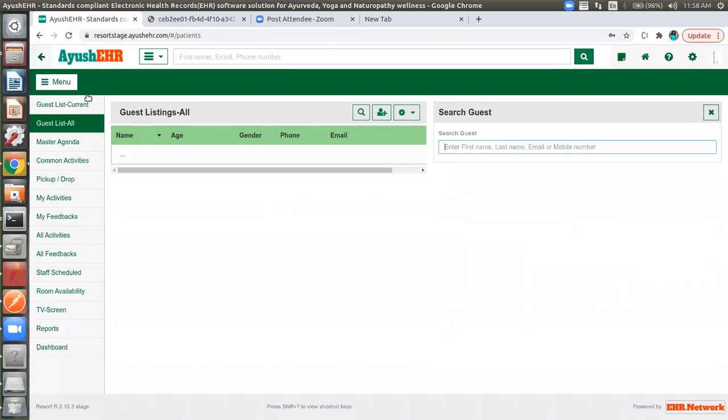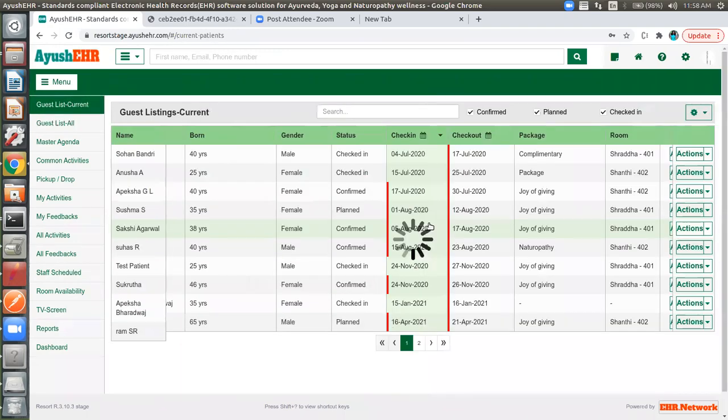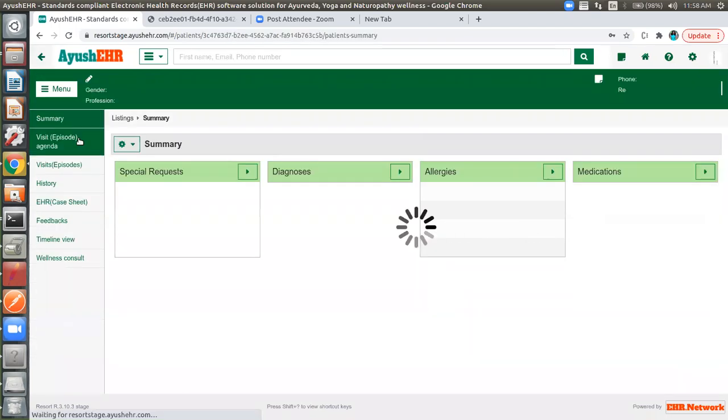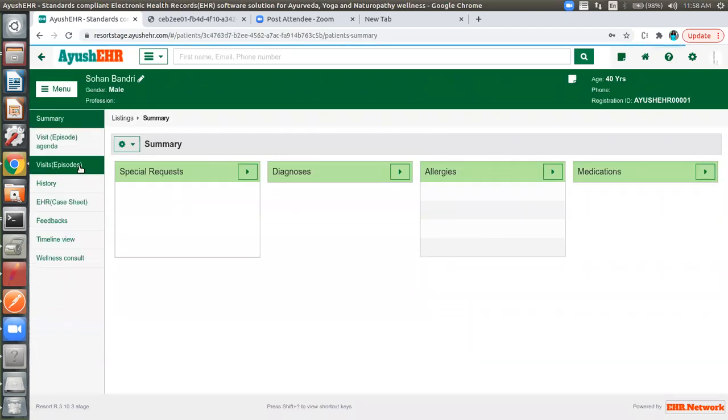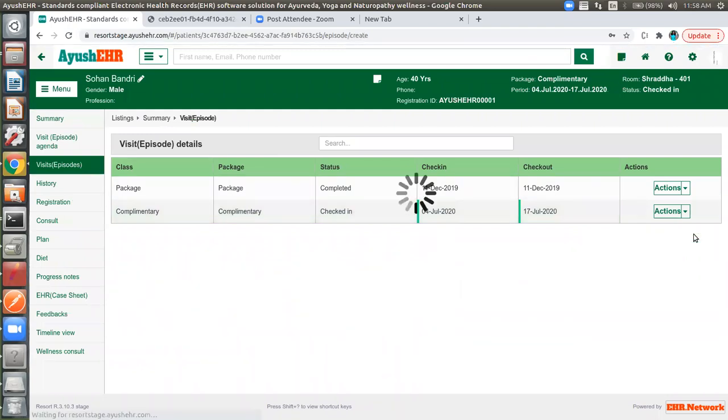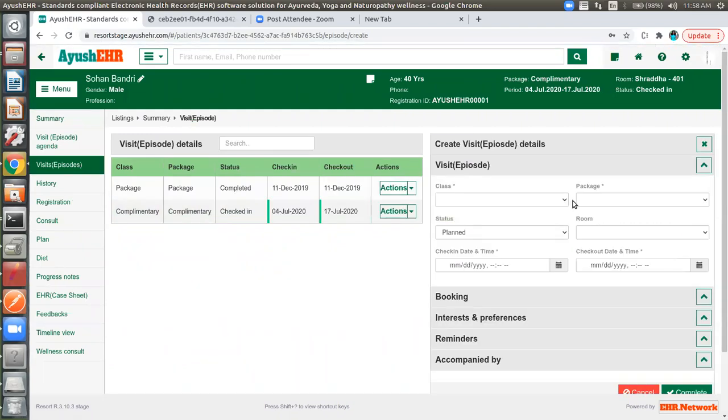And once the guest comes in, they do a booking, right? They also give a stay duration, for how many days they'll have to stay. So once the guest is registered, they will do a booking by saying what class they want and what package, and what the status is, like whether they have confirmed or they're planning to come or they're currently in the resort.